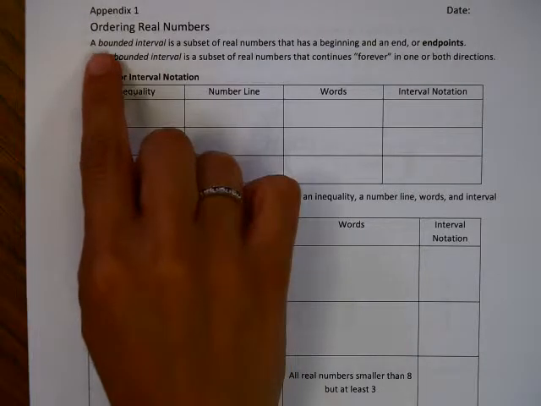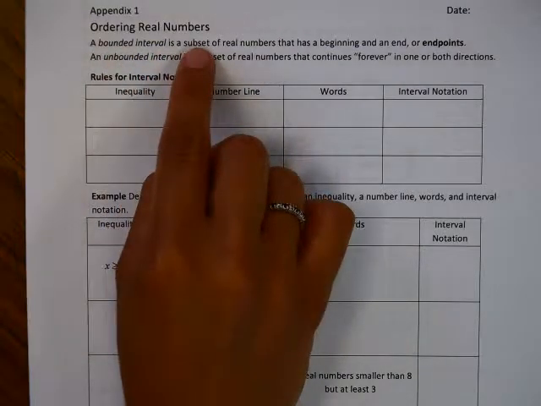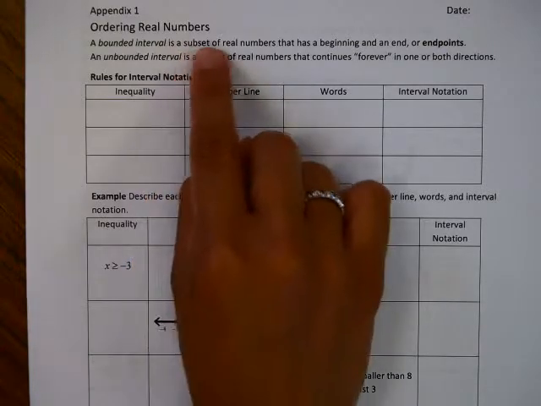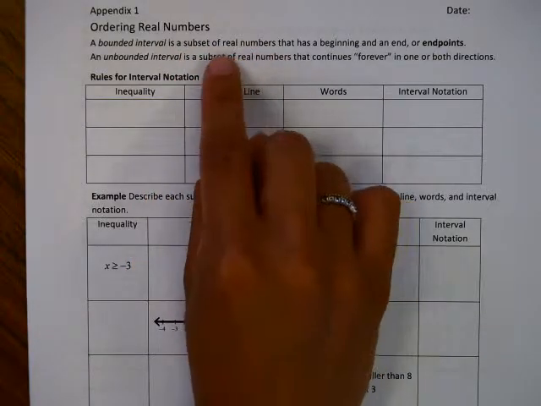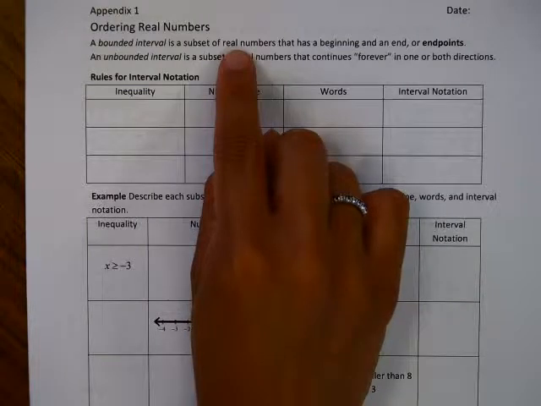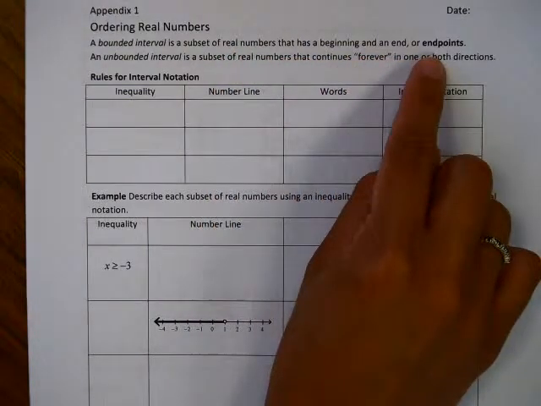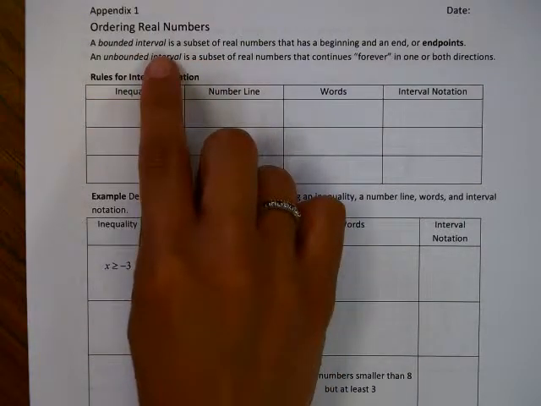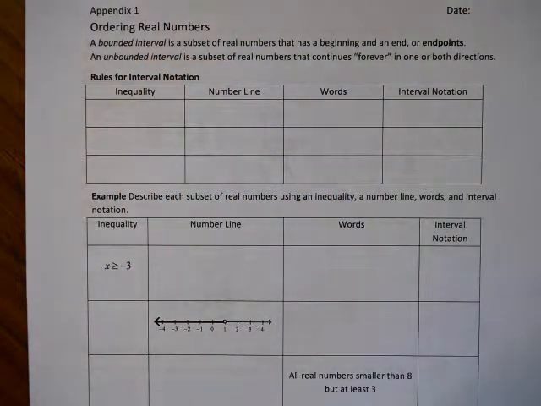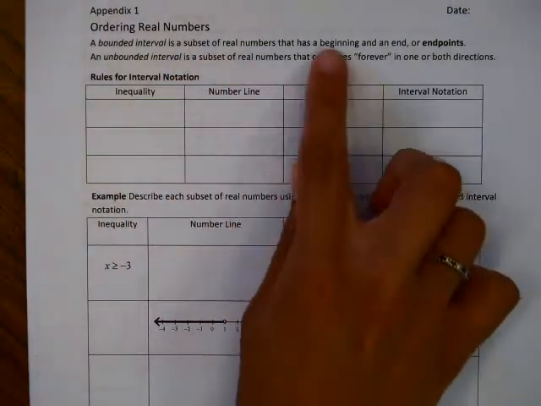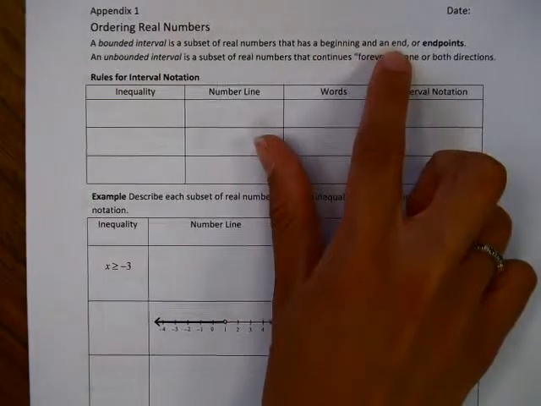So our first one, a bounded interval is a subset. Okay, subset, that means a smaller portion of real numbers. Remember what real numbers are? They can be found on a number line that has a beginning and an end, or endpoints. So think about something like all the numbers in between 3 and 7. It's a smaller set, it's not every number, but it definitely has a beginning, 3, and an end, 7, and